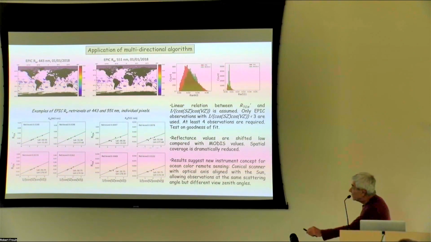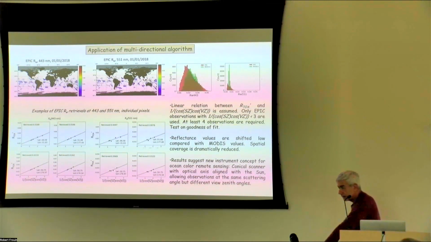But even if this is maybe limited for EPIC, I think the results suggest a new instrument concept for ocean color remote sensing, which is a conical scanner with the optical axis aligned with the sun. This allows observations of the same scattering angle, but different views in time. I don't know if you understand that, but let me just